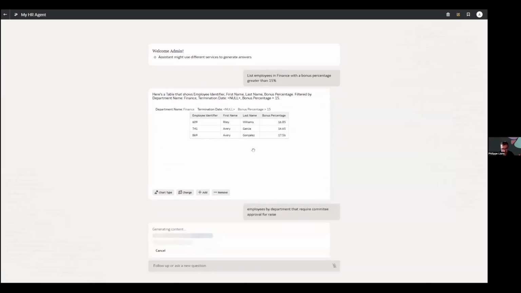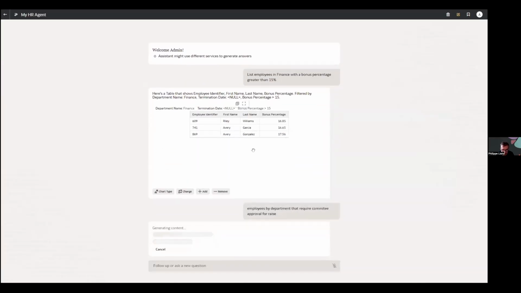So I'm going to ask that question, and that should go to the document, figure out that there is something about committee approval, blend it in the prompt, go to my data set, and leverage the enriched prompt to generate the results of the data, enhanced by my document.